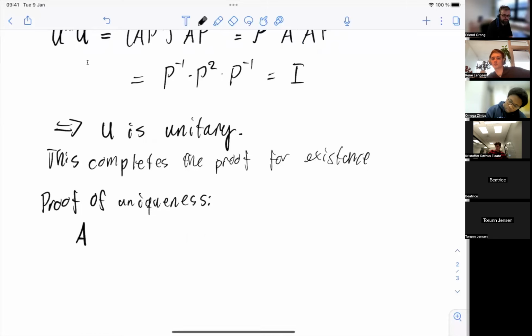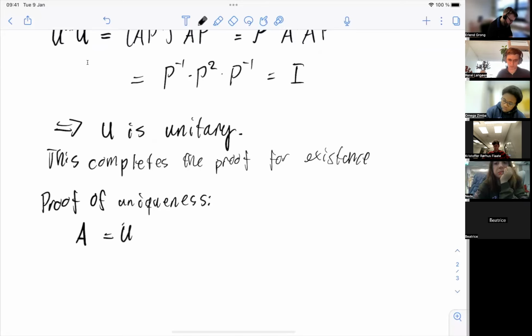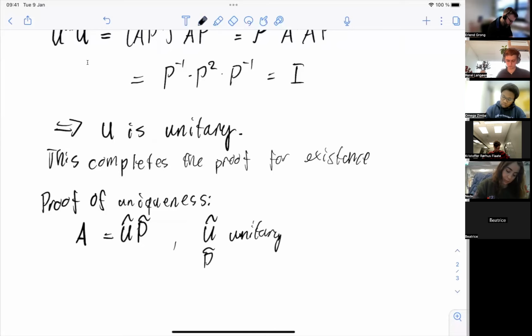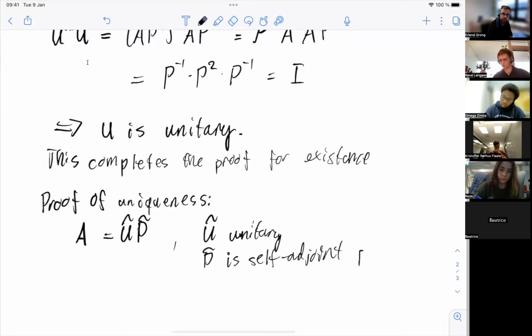If A is equal to U tilde P tilde, where U tilde is unitary, and P tilde is self-adjoint, positive,